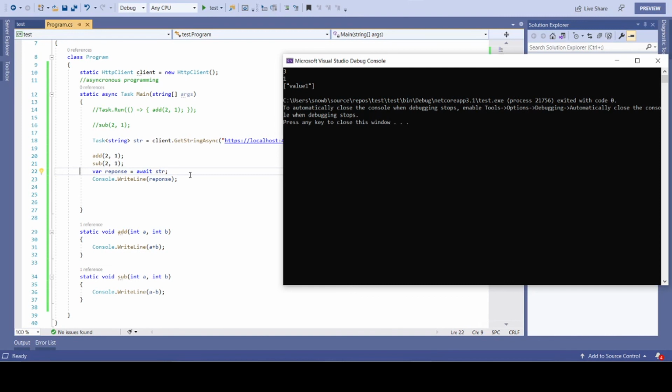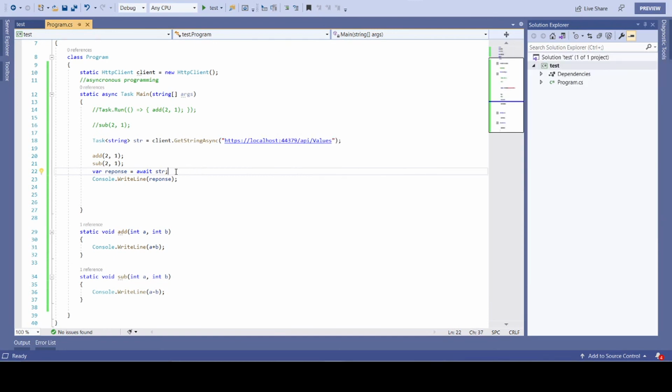So this is how, ideally, when we have lots of other operations to do in a particular method as well as an API call, we should create a task and then wait wherever we need the result of the API. And this is the correct way of using asynchronous calls for any API. That's it. Thank you.